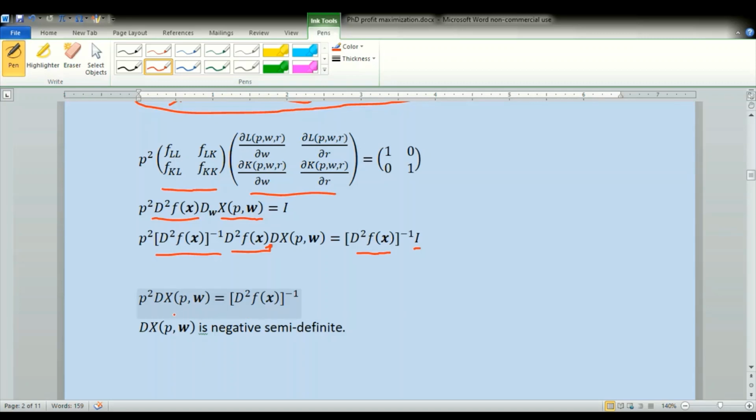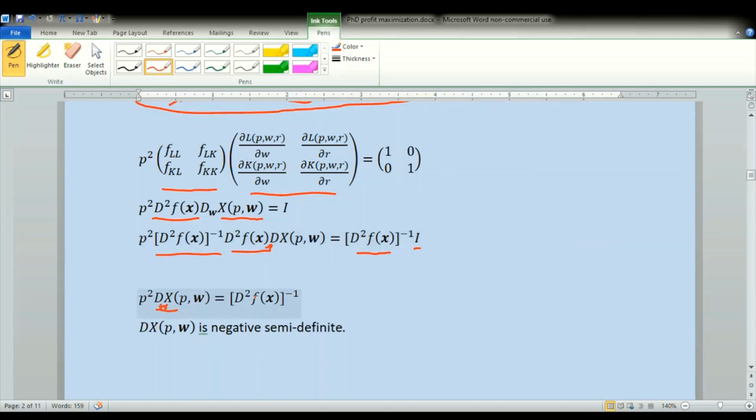So we get P square equal to the derivative matrix. Here I have missed W, so let me write it down here, W. So the derivative with respect to factor prices of the factor demand function, and this is the second order derivative of the production function, its inverse in fact. Because